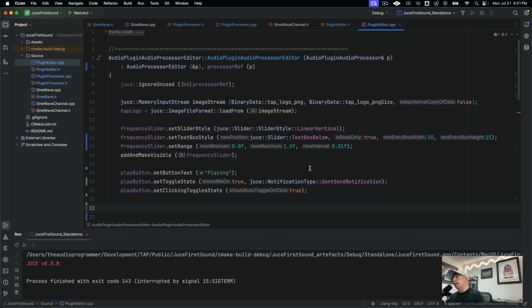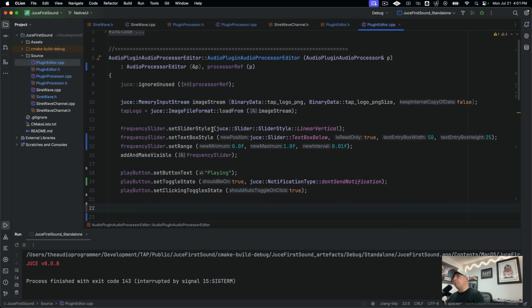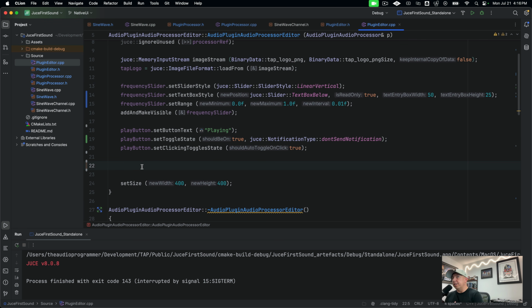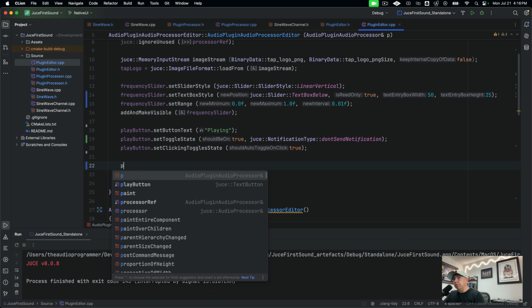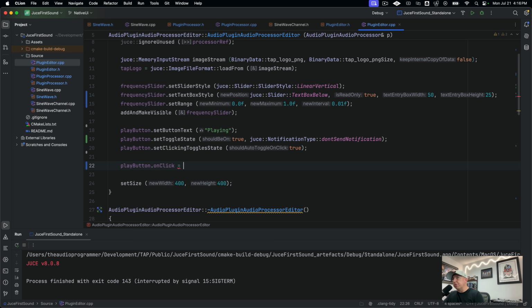Think of a Lambda as a very small function that doesn't warrant needing to create a whole different area in code. What we can do is use this button function called onClick to describe a Lambda that will define what happens when the button is clicked. Now, if you've never written a Lambda in C++ or in general before, I'm going to show you how to do one right now. The way that you start is by saying playButton.onClick, then there's an equal sign,